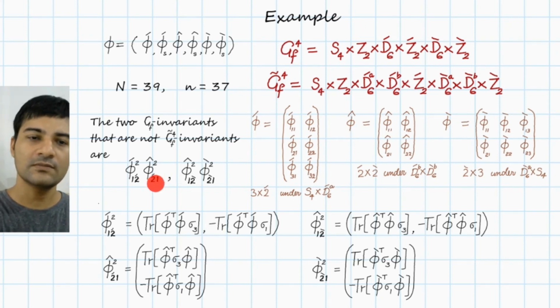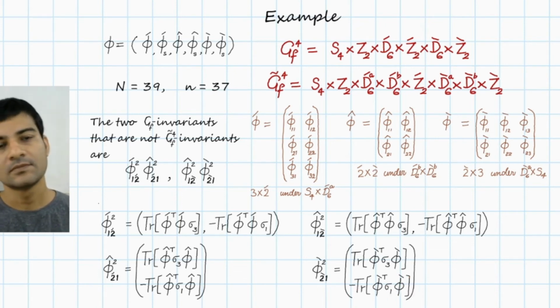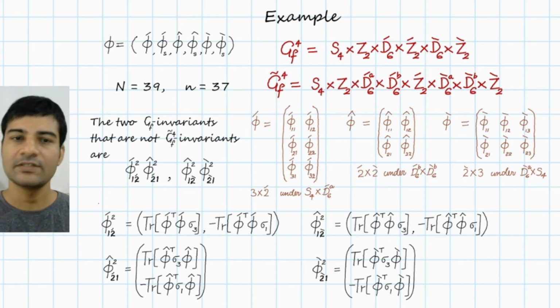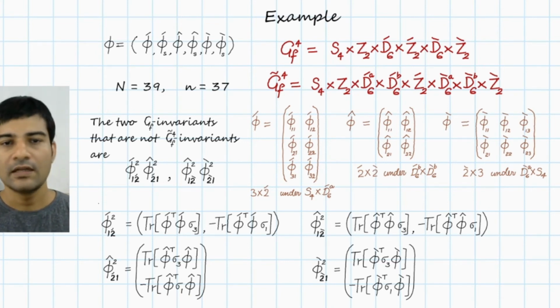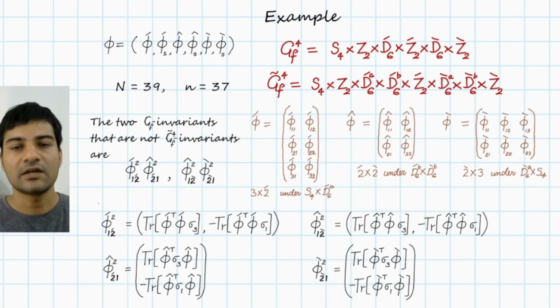These terms are of the form X transpose Y. For the first term, this would be X transpose and this would be Y. For the second term, this would be X transpose and this would be Y. And these X and Y's, they transform as different representations under the larger group G tilde 4. Basically, I have shown that the first two assumptions are valid.